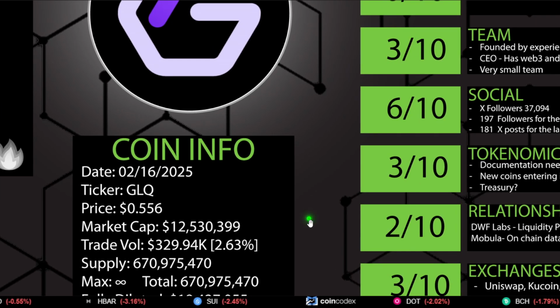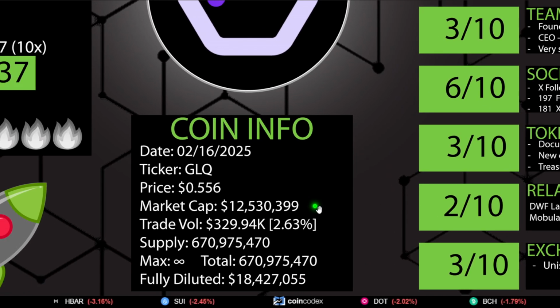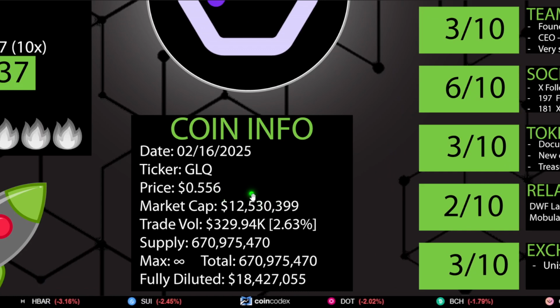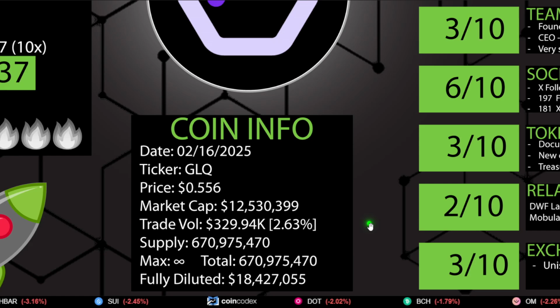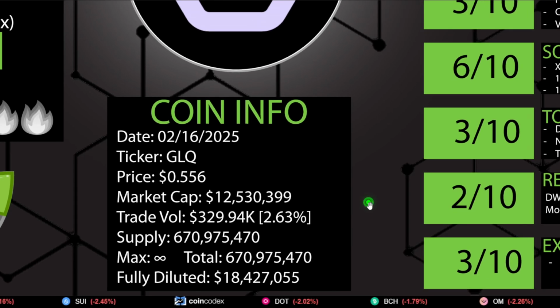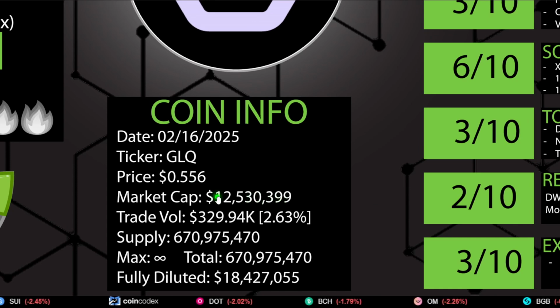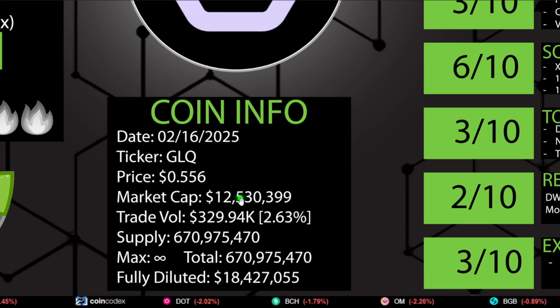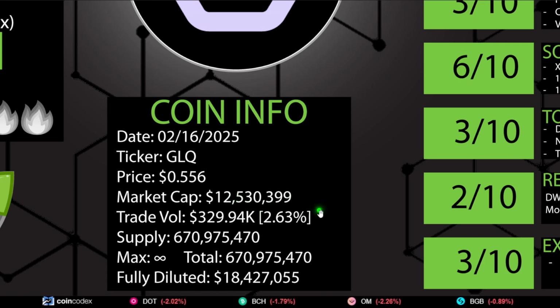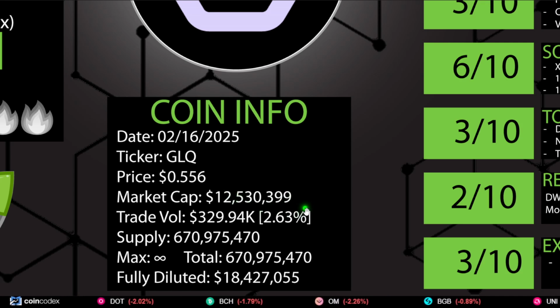Now, let's take a look at some of this. The price is fluctuating, guys. This could be a little bit out of date at the current moment. I know it's been fluctuating. The market's been pretty crappy in the last little bit, and as a low market cap, we can expect a lot more fluctuation. At a $12 million market cap, guys, that's a baby. This is an absolute baby.